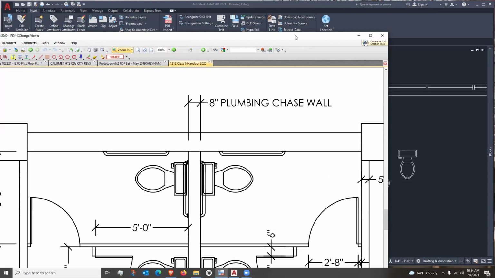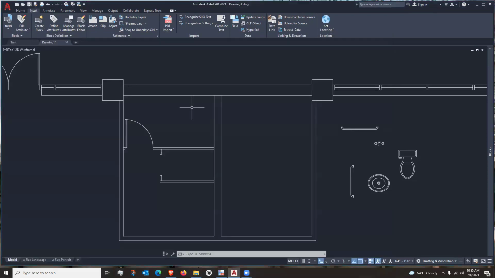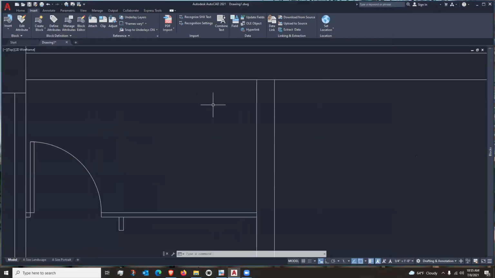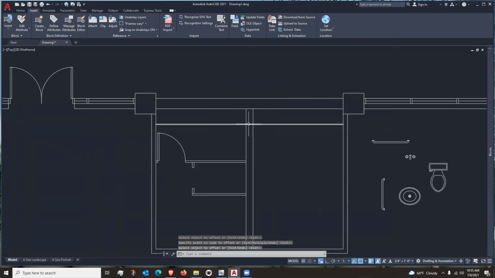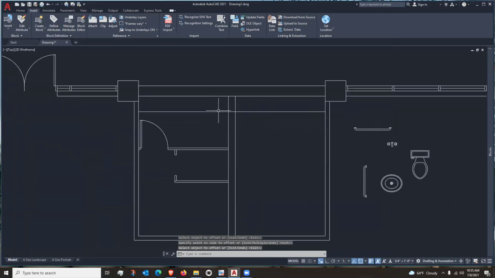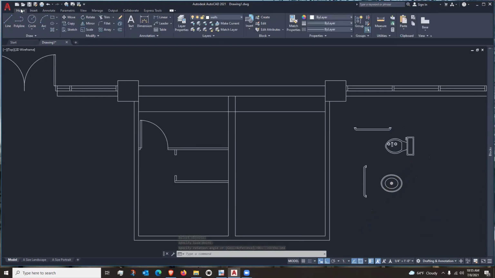Okay, so let's do a little offsetting here. And I'll start with the toilet. So I'll just offset 18 inches or 1'6". So that will mark the center point of my toilet. So the first thing I'll do is rotate the toilet. I'll turn on my ortho here so that it's 90 degrees. And now I will